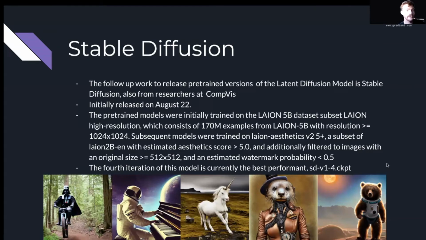As I said, it was initially released on August 22nd to the public. It is currently on its 4th iteration, SDV14. To go into a little bit of detail, the pre-trained models were initially trained on the LAION-5B dataset subset, LAION-high-resolution, which consists of 170 million examples from the LAION-5B dataset with resolution of 1024 by 1024. The subsequent models were all trained on a different subset of LAION called LAION-Aesthetics v2.5, which all have an estimated aesthetic score, which is basically